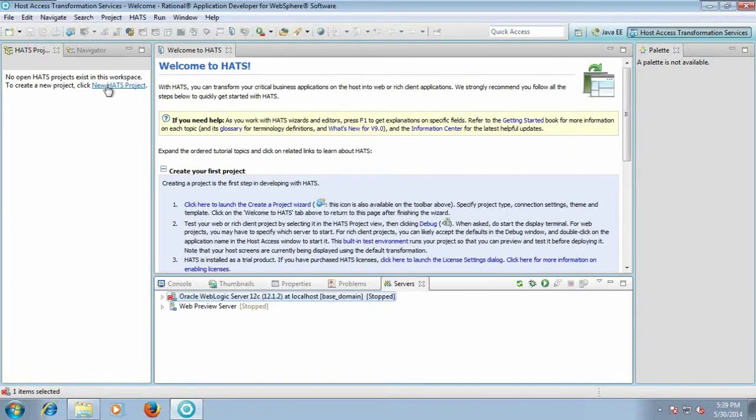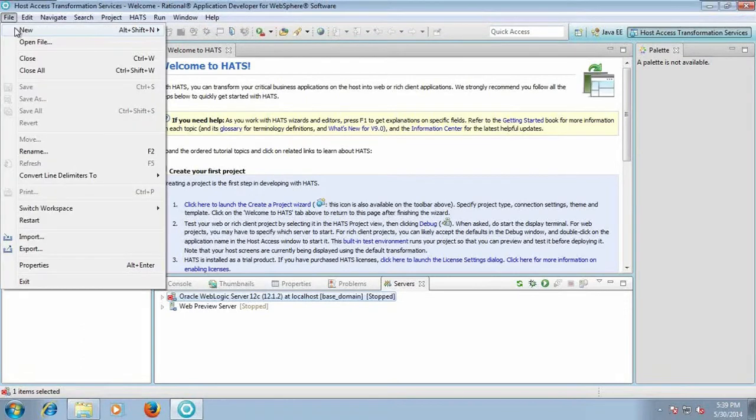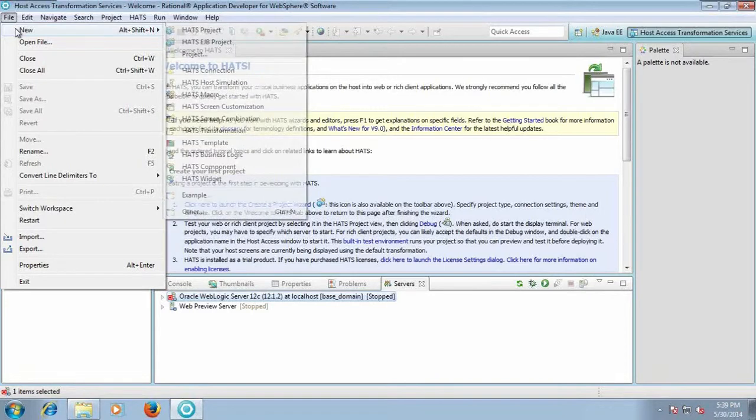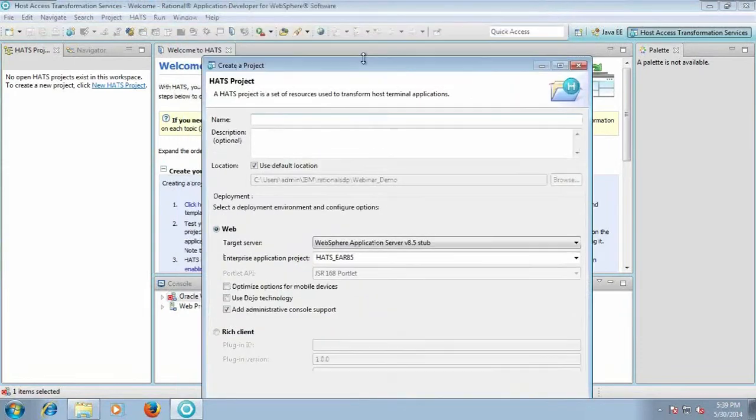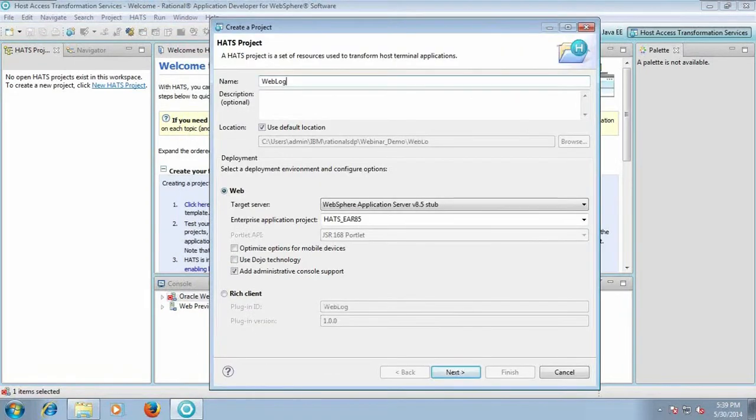The next step is to create your HATS project. Simply create a new HATS project, or you can select this button from the toolbar, or from the menu click new and HATS project. Specify the name of your project, for example, WebLogic demo.